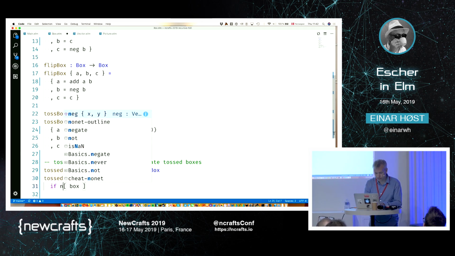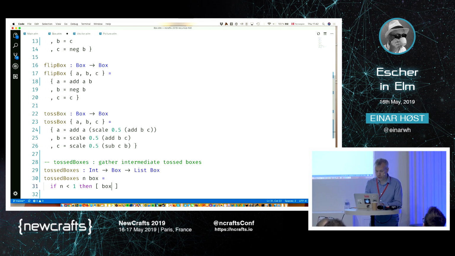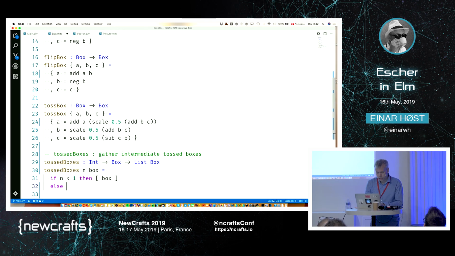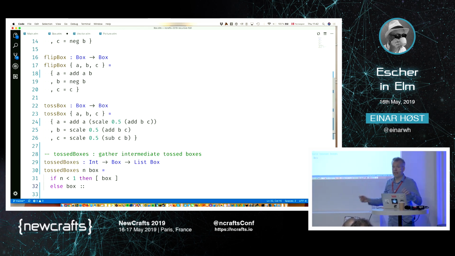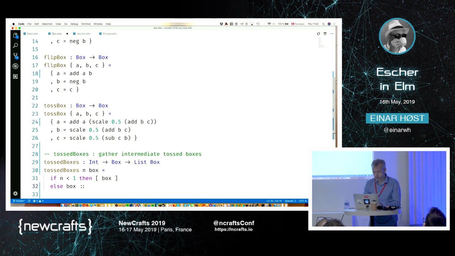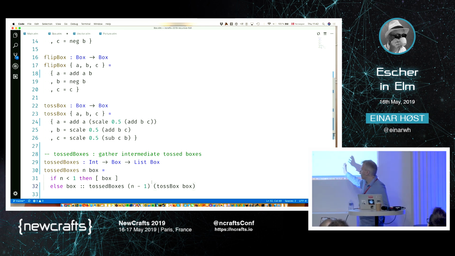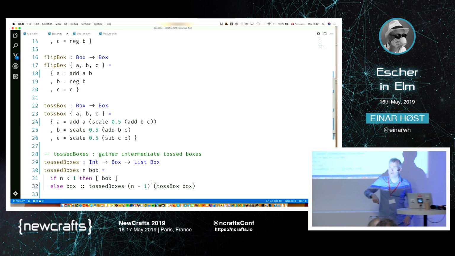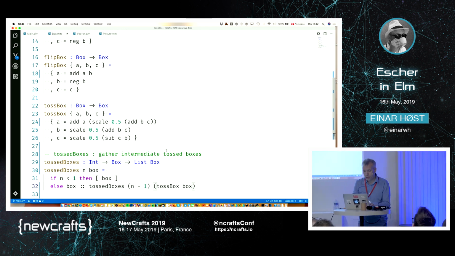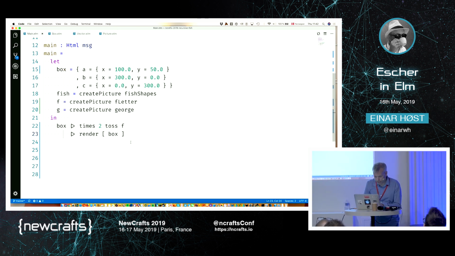Again, if n is less than 1, I'm just going to return my original box. Otherwise, I'm going to keep my box and then add that to calling this tossed box recursively. So tossed box is n minus 1 and the tossed box. So I'm now passing ever more tossed boxes into itself. And the effect of that,